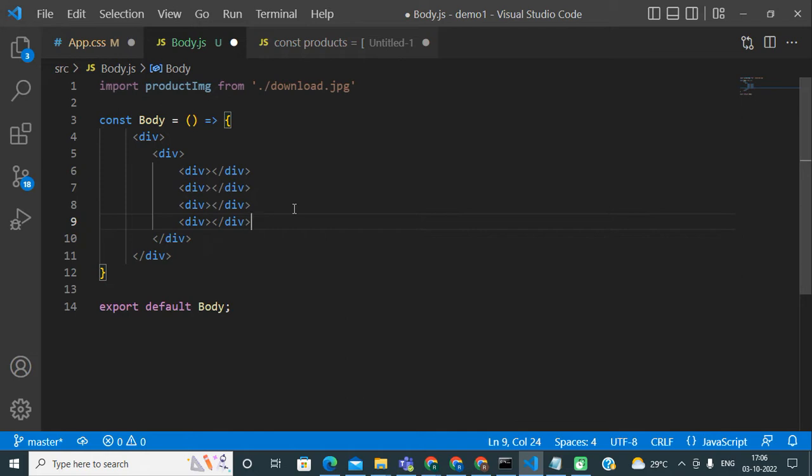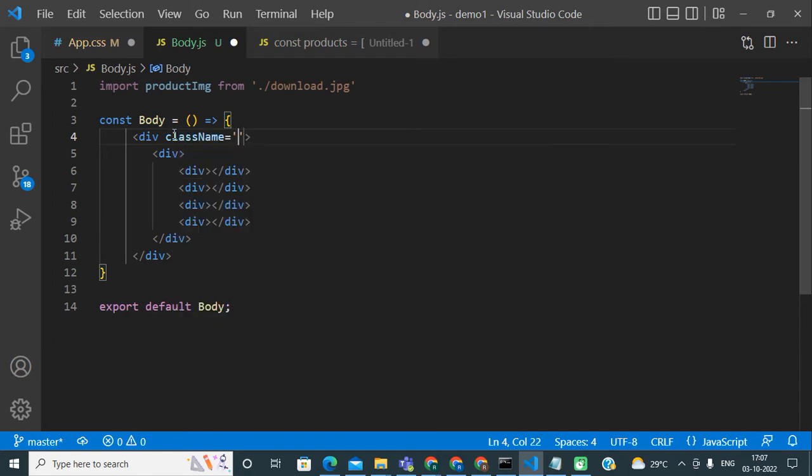Below that there will be the product's name, after that the product's price, and below that one button whose caption will be Add to Cart, so that on click of that button the user should be able to add that product into their cart.